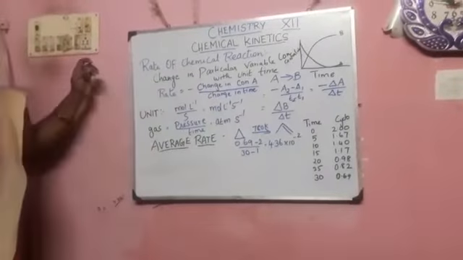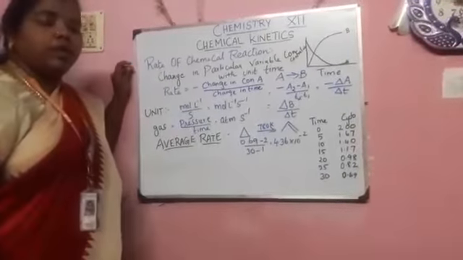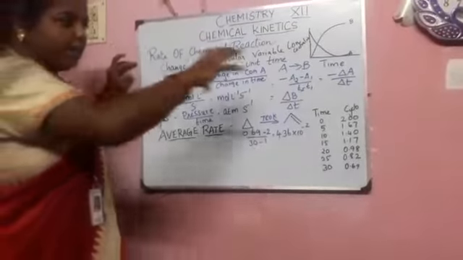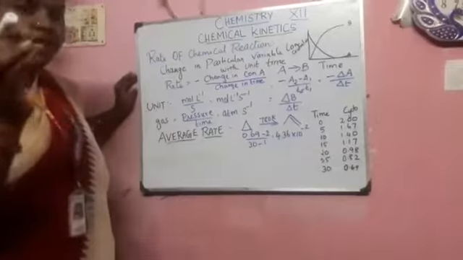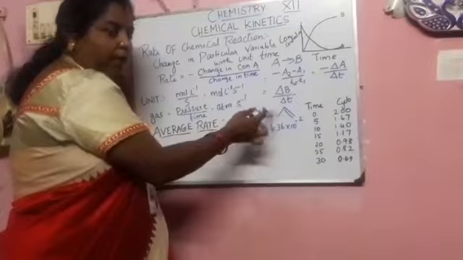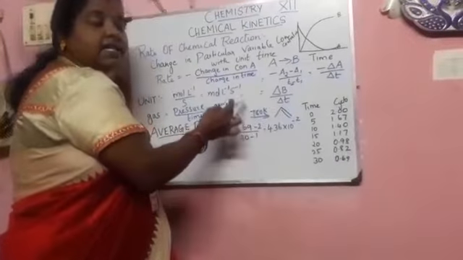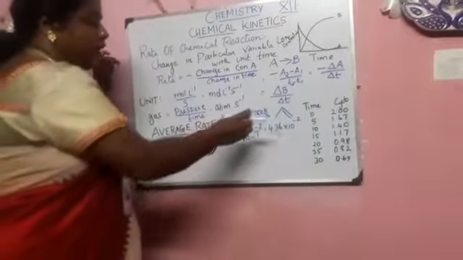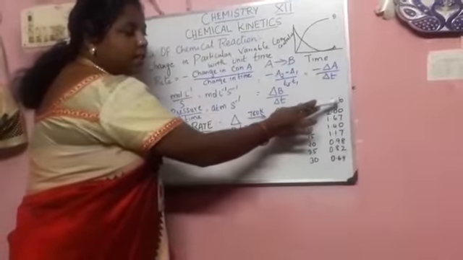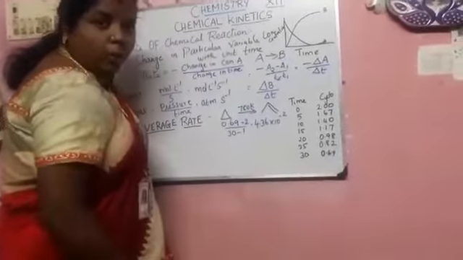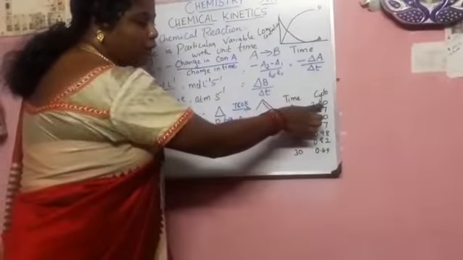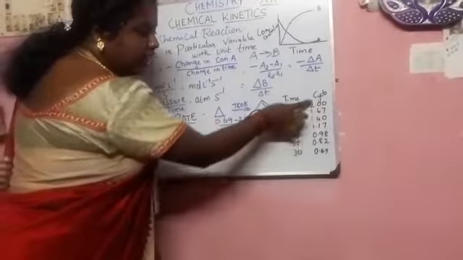Next, we have to find the average rate. Usually we know what an average is. Let us take an example. It is the isomerization of cyclopropane at 780 Kelvin, where the data have been given. As time goes on, the concentration of cyclopropane decreases. From the start it should be 2, and when time increases, it is reduced.